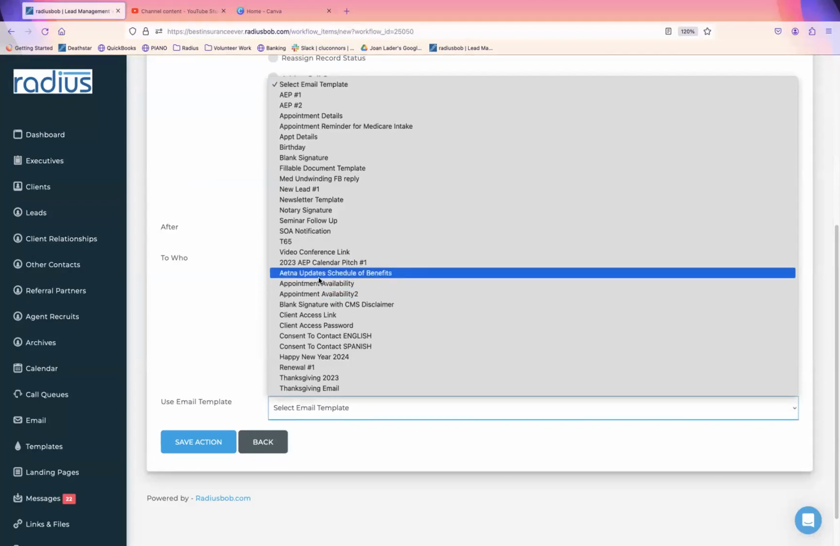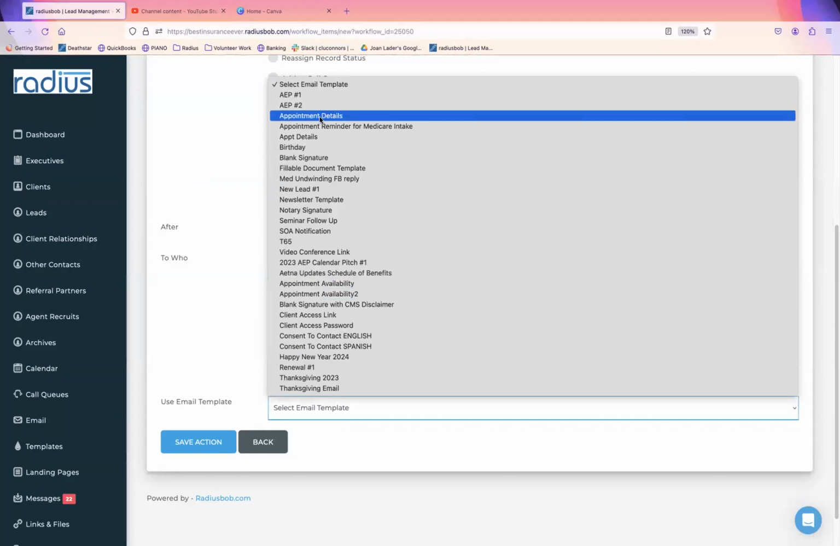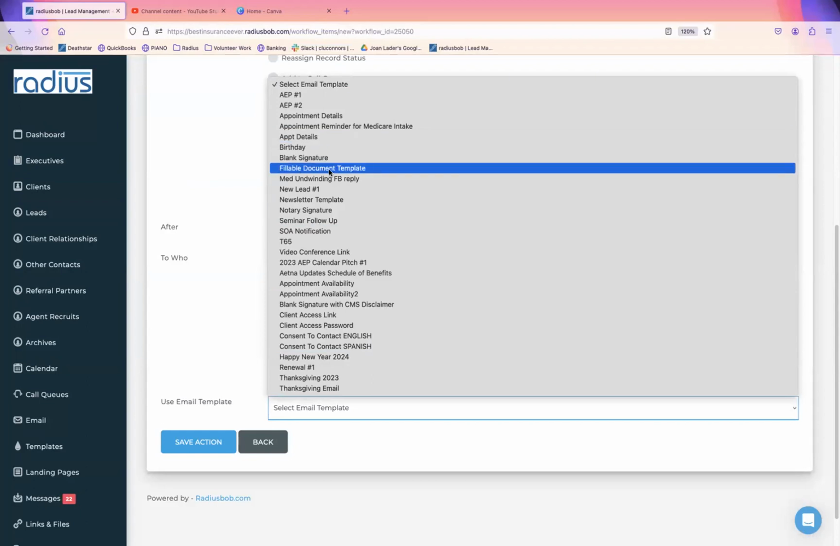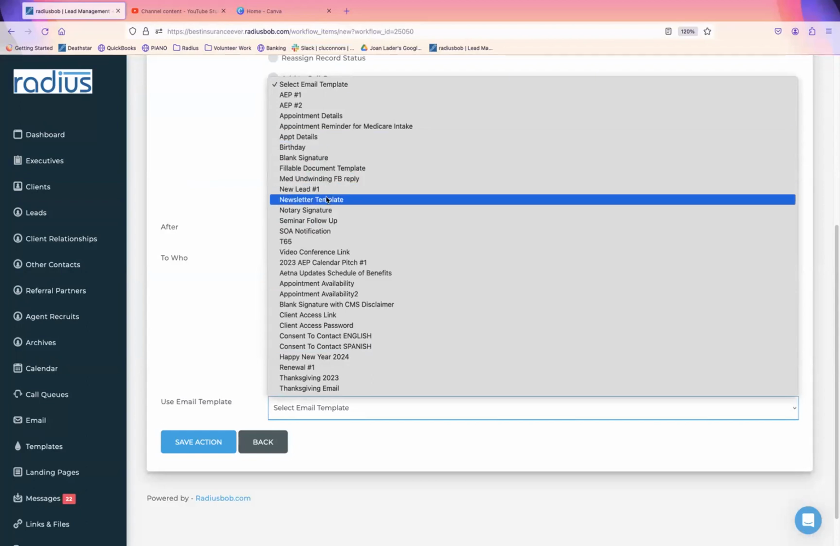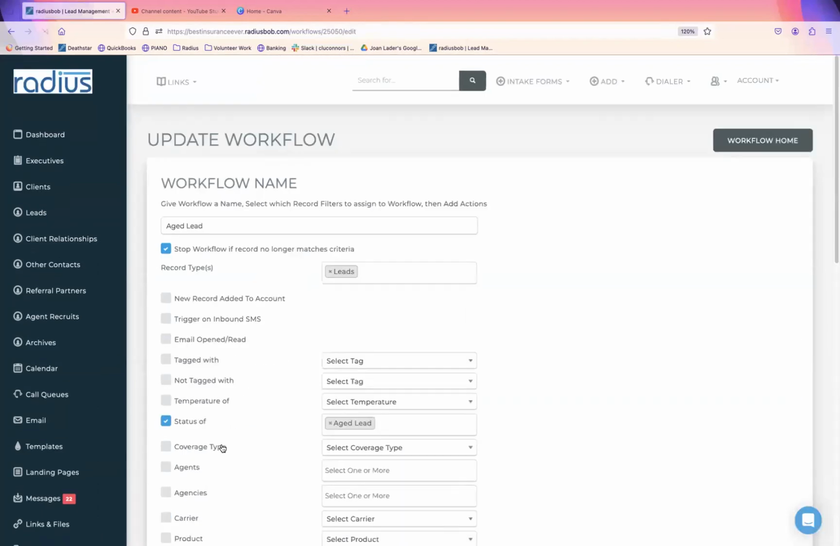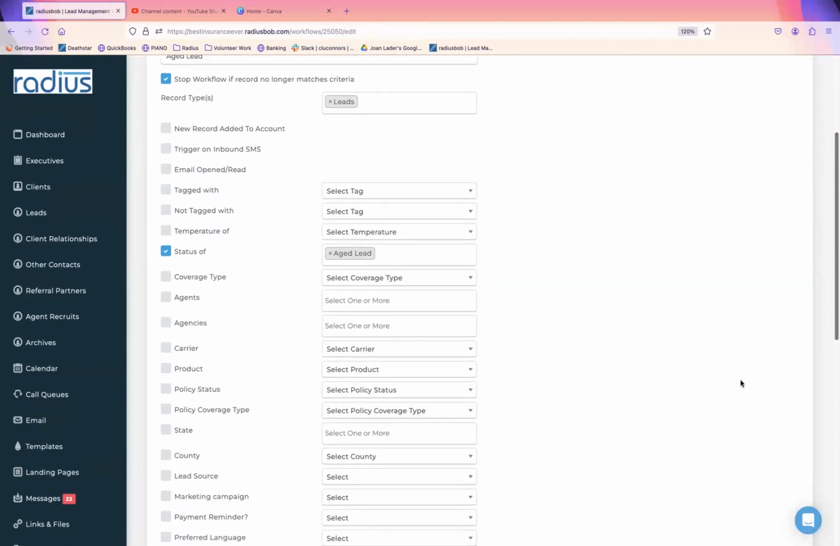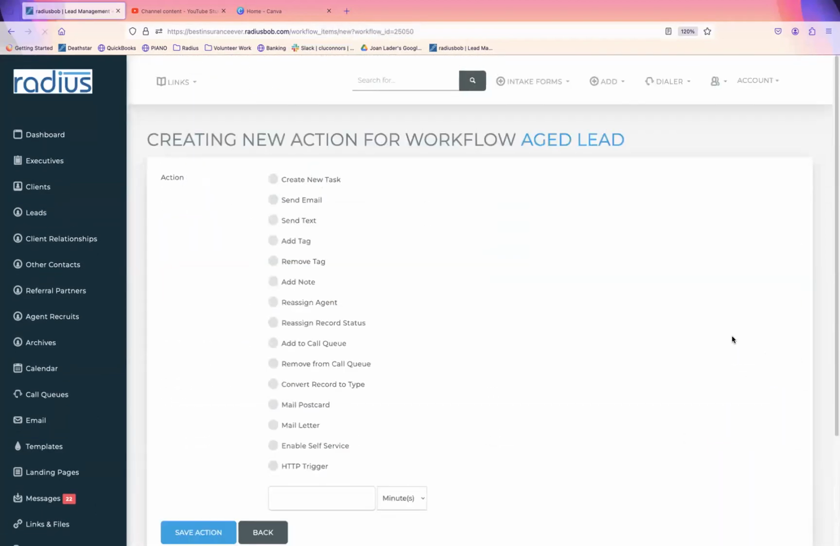If I don't have any examples of that, we can go into email template creation if we have time later. But let's just save the action. Then maybe what you want to do next is